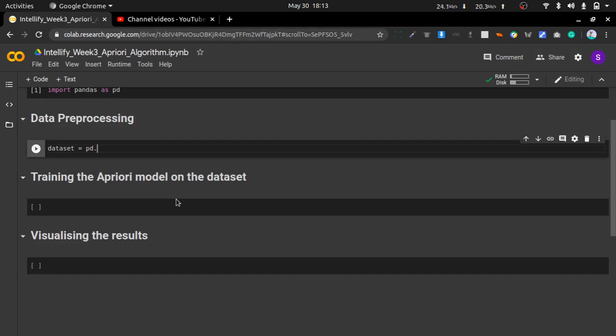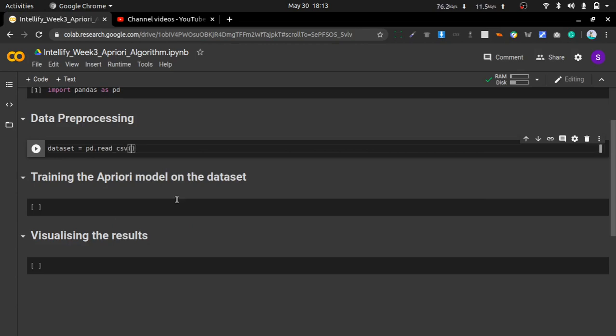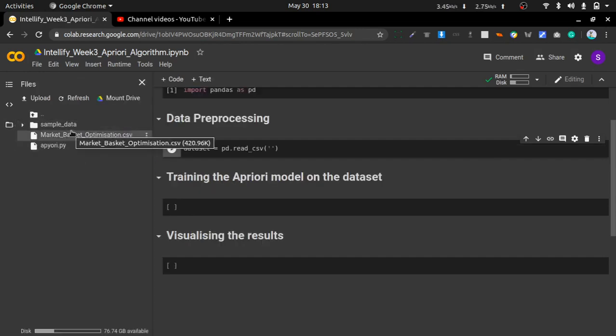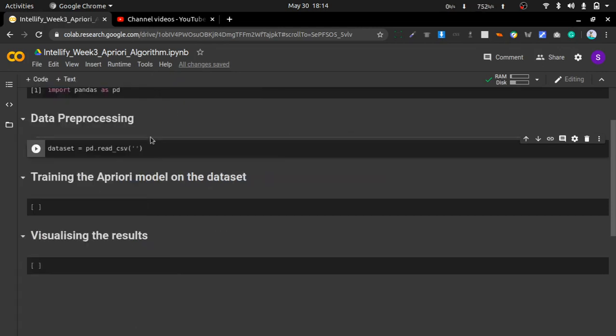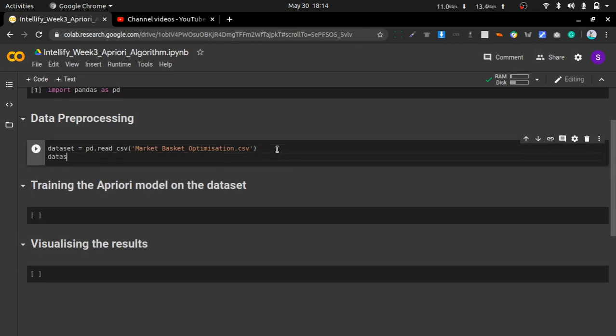We will use pandas to read the dataset. As this is a csv file, we have to use the read_csv method, in which the first parameter that we have to give is the dataset file name. If you are working with Colab, then before importing make sure you have uploaded the dataset file. I will just copy the name of the file, so I need not write it again. So this is our dataset. Let's import this. It is successfully imported. Let's see the first 5 lines of the dataset.